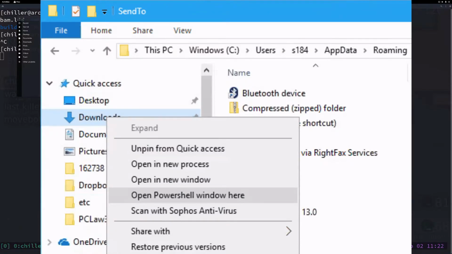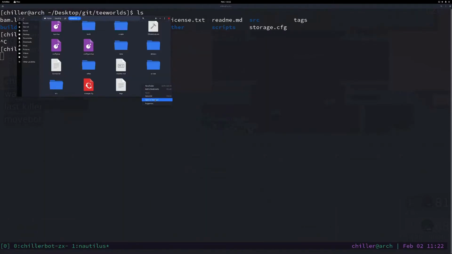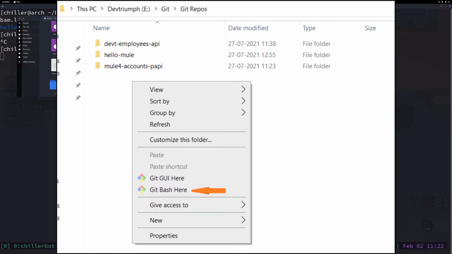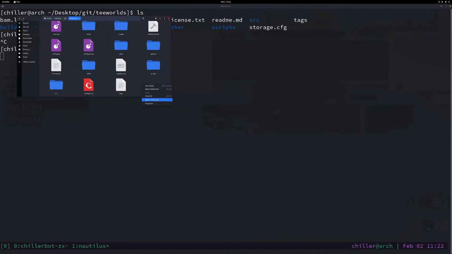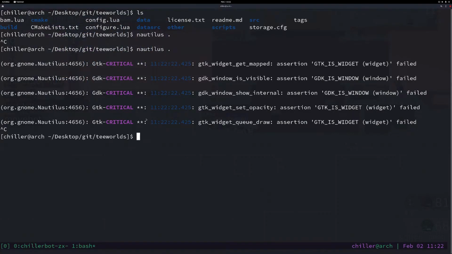I think it's PowerShell nowadays, but you should also have git exposed in your PowerShell if it's installed properly. If not, maybe you have the option here that says open Git Bash here, then you definitely have a git command in there. Okay, so now that we are in this directory,